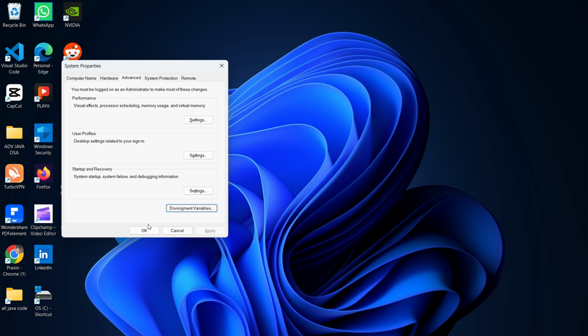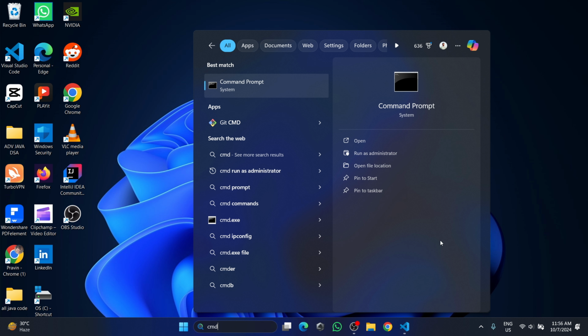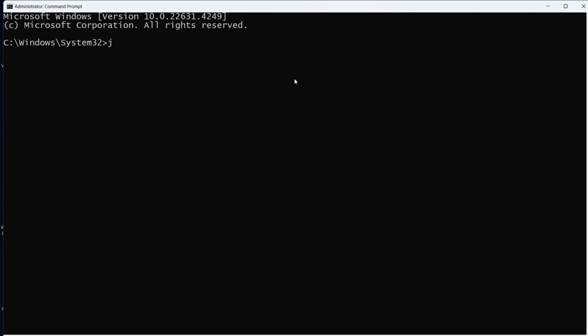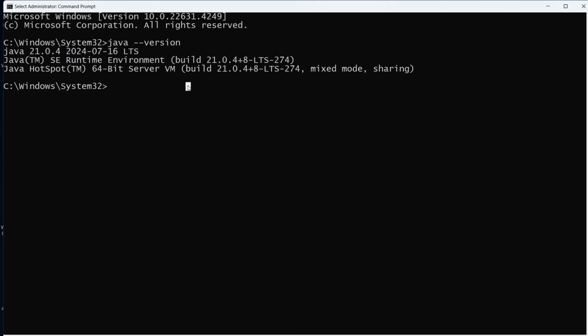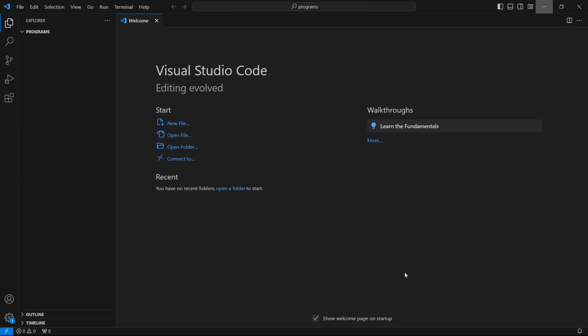So by doing this your environment variable path is set up. So again open command prompt and run as administrator. Yes, and type here a command java --version and yes, and type a command again javac --version. So here we go. Restart your computer and VS Code,